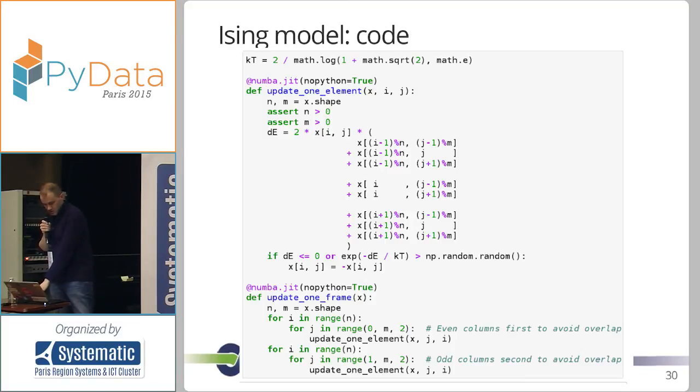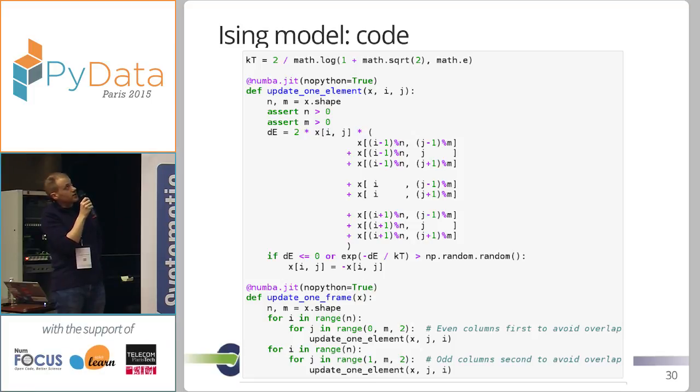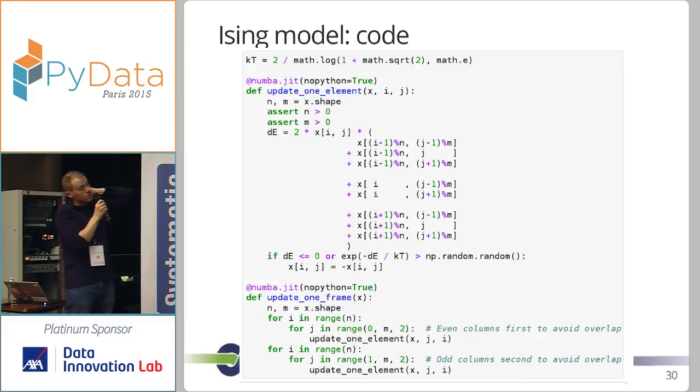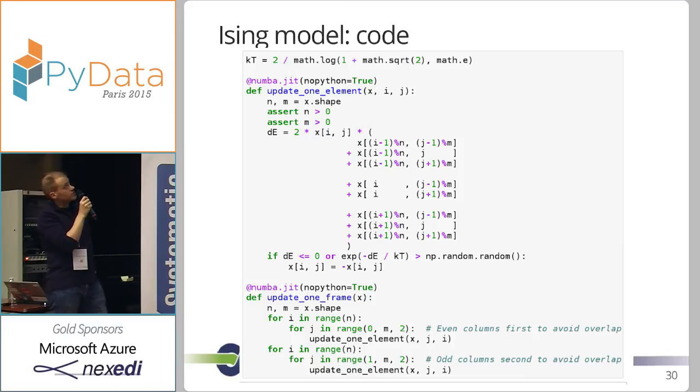So how does the code look? There's one function, which is the inner function, which runs one update on an element of the array. It takes the array, it takes the indices of the element of the array, and it computes a modification on the element based on its neighbors and based on a random variation. And there's an outer function which runs on the whole array and just calls the inner function on each element. And so what we did to compile them with Numba, we just added the numba.jit decorators.